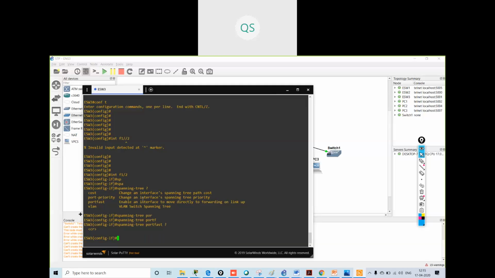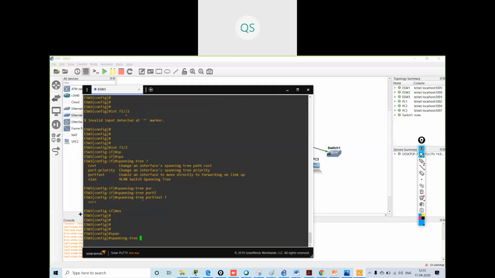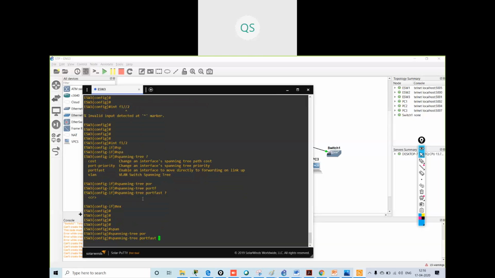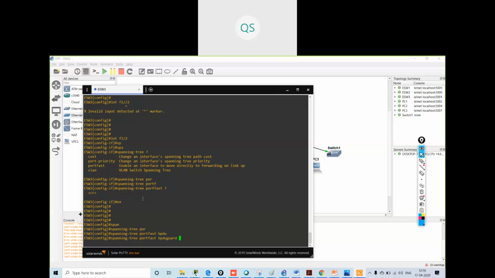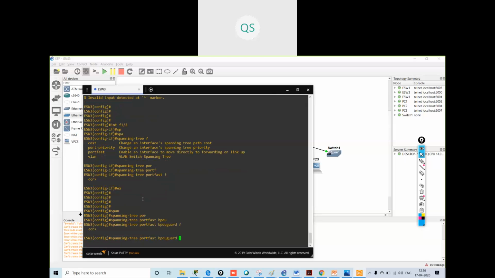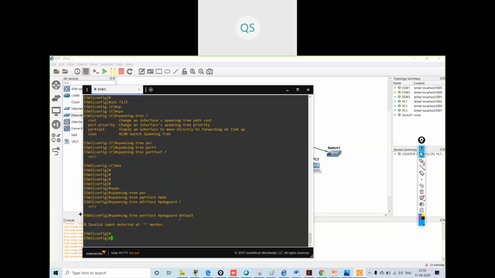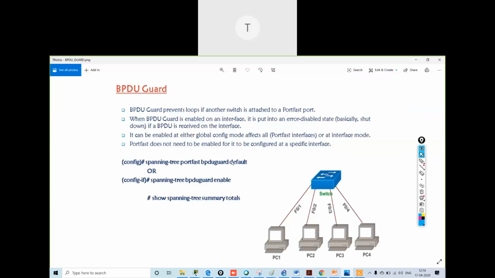I'm also not getting spanning tree portfast bpduguard default here. It is not taking it. I think it's a global command on layer 3. Yes, this is the global command, but see the configuration: bpduguard default.